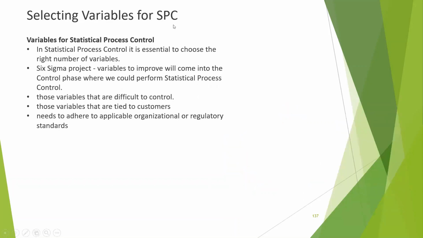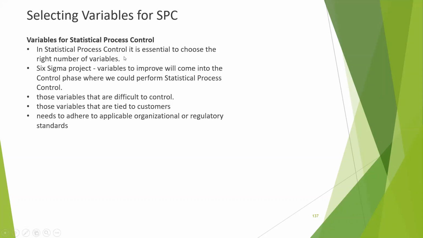Selecting variables in the SPC is very important. What variable do you want to do the SPC on? That's what I'm trying to explain so far. You can do the SPC chart for whatever variable you want, but there are some limitations. For example, you need to choose the right number of variables. In a process, I have all my KPI metrics. Can I put them into statistical process control? Yes, you can, but how are we going to monitor them? That's the question. So take a key metric or key variable which you want to fix, and take that alone.